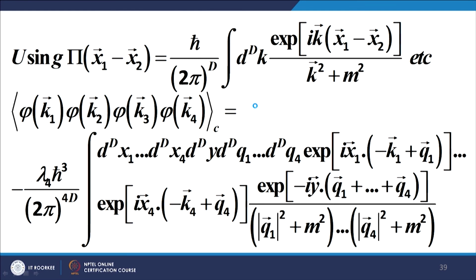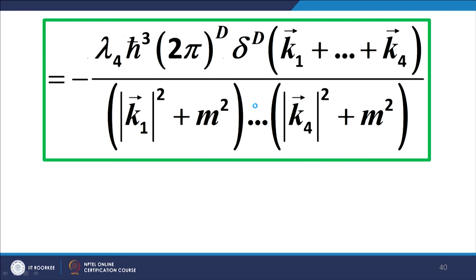This equation obviously can be transformed using the methodology in the earlier case. We have several delta functions emerging from the coefficients of the exponentials, and when we integrate over these delta functions, in other words we do the dq1, dq2, dq3 and dq4 integrations, the expression that we end up with is the expression given in the green box